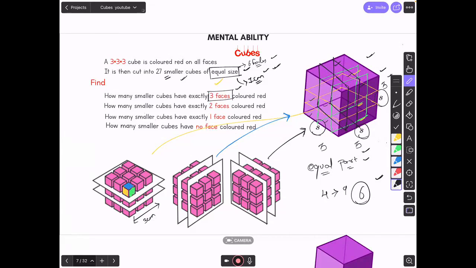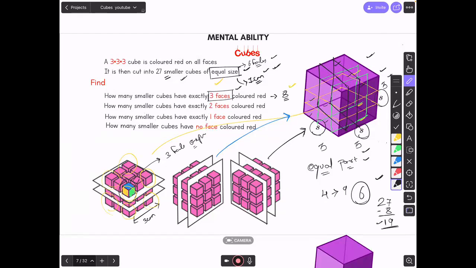Corner. क्यों? The cube which is there at the corner will be the cube which is having 3 faces exposed. Right, जो क्यूब कॉर्नर पे होगा उसी का 3 faces will be exposed ना, and 3 faces will be inside. So how many corners are there? 8 corners. Right, so 8 such cubes you will find, one at every corner. So 8 such cubes you will find which will be having 3 faces colored red. Okay, so out of 27, you know the destiny of 8. Now remaining are 19.